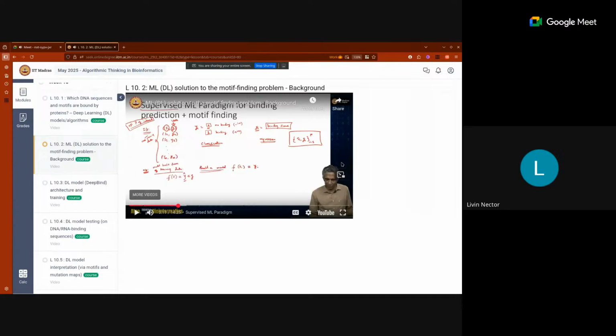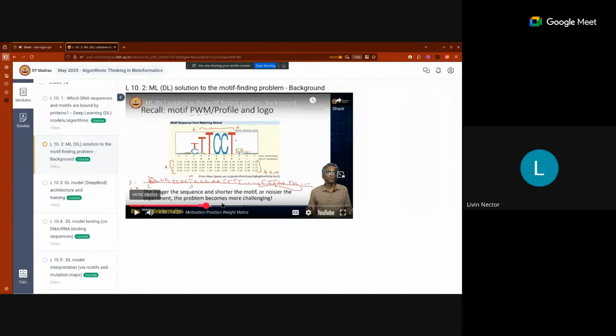So here we are trying to find, there are different paradigms of model, right? So this motif profile is something that we are trying to estimate using the EM algorithm. So instead of estimating it using a probabilistic method, can we estimate